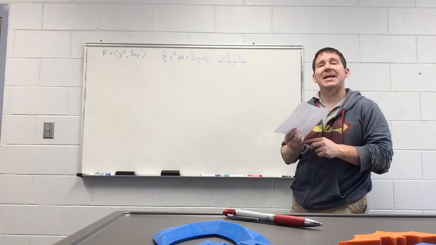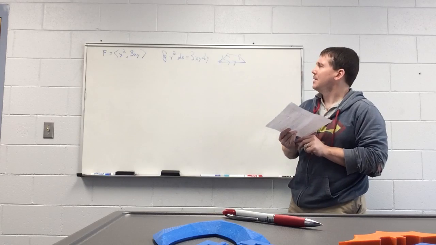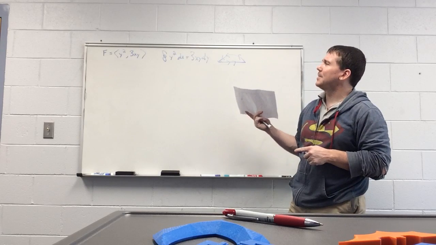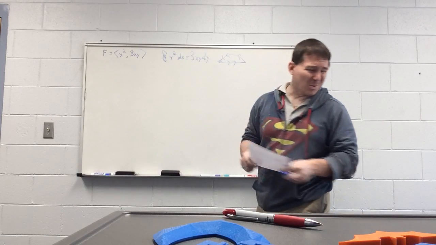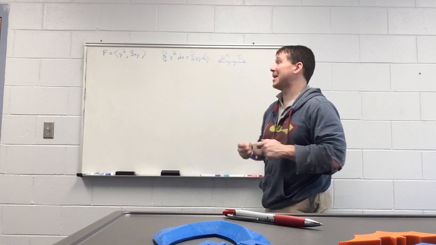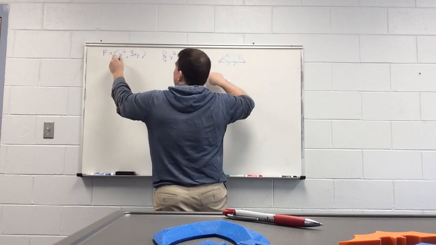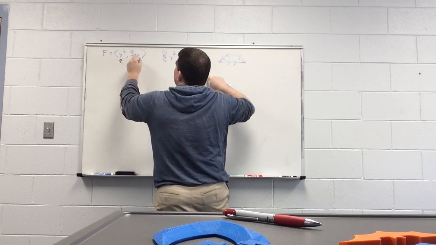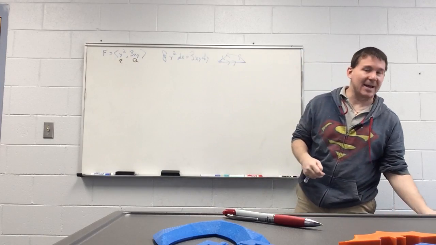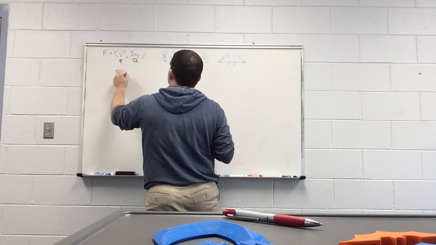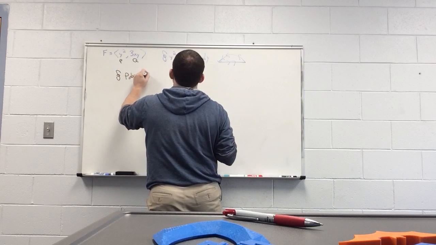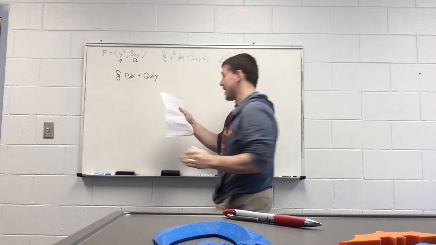So I have to decide, well, maybe I can solve it by writing a double integral. The way we set it up in class, we said this was P and that was Q right there. So now I have the line integral of P dx plus Q dy,